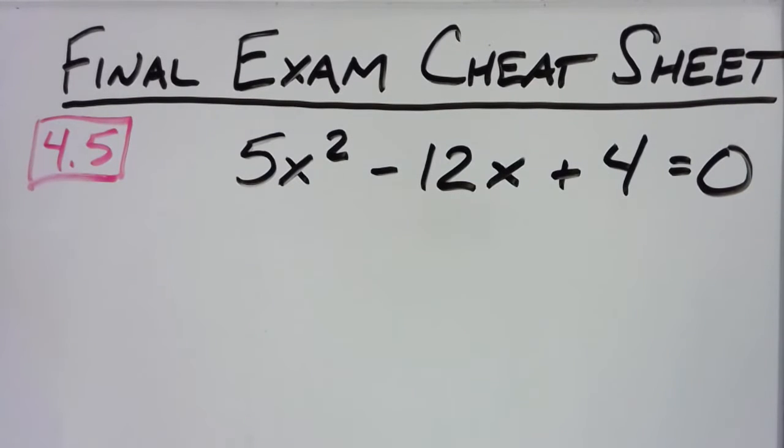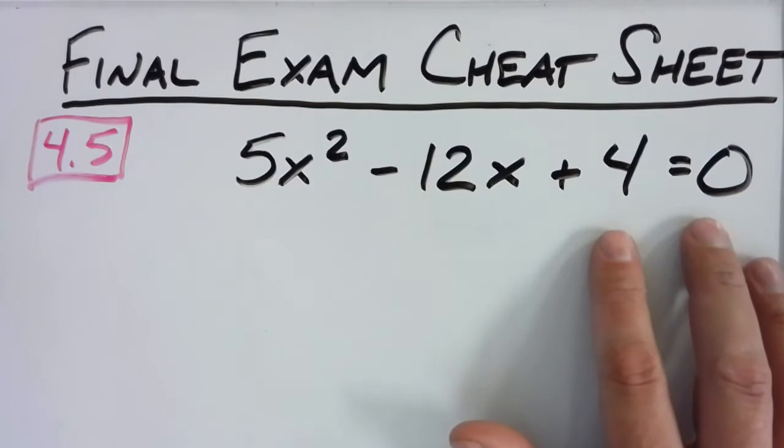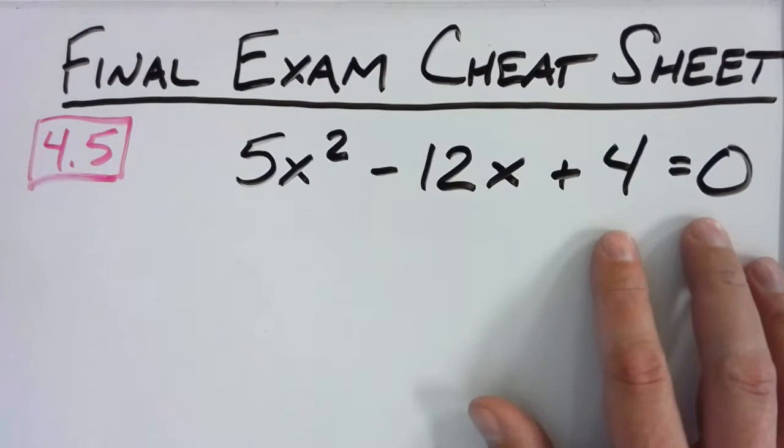All right, final exam cheat sheet, picking up here with problem number 4 from our final exam. This problem is going to come from Chapter 4, Section 5, dealing with the use of the quadratic formula to solve these sorts of equations for x. And as you can see in this equation, as with all equations, I should be able to solve for a